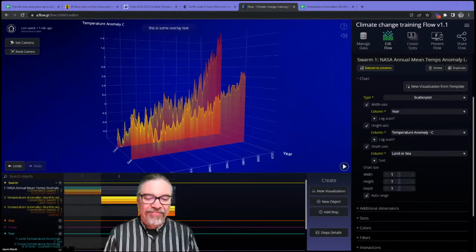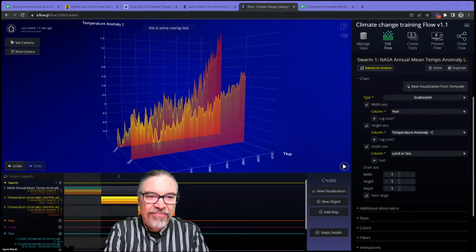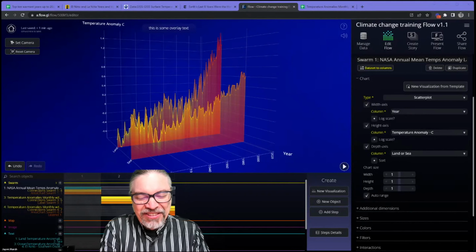Is being able to record your real-time pass-through camera while the animation is proceeding inside of the create story, or is that inside of the present flow or the create story tab? Sure. So